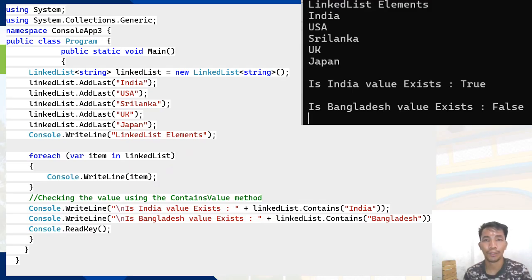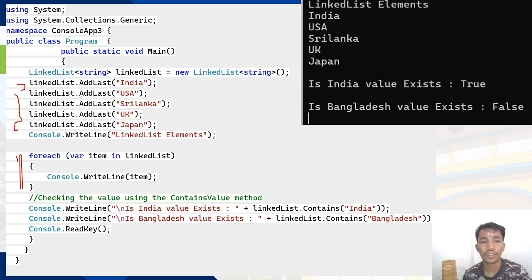So here is an example. Say we have added India, USA, Sri Lanka, UK, and Japan in the linked list, and then we try to display them from this point onwards.